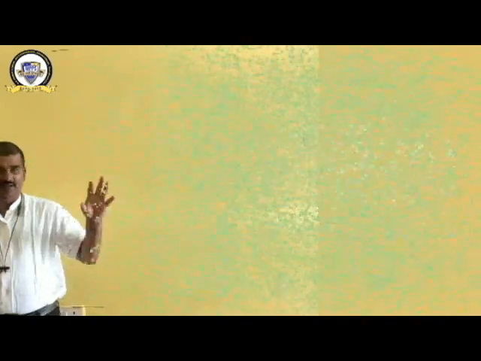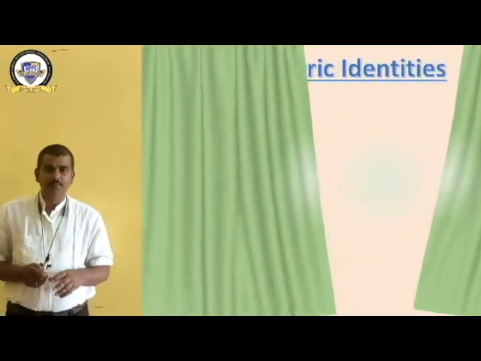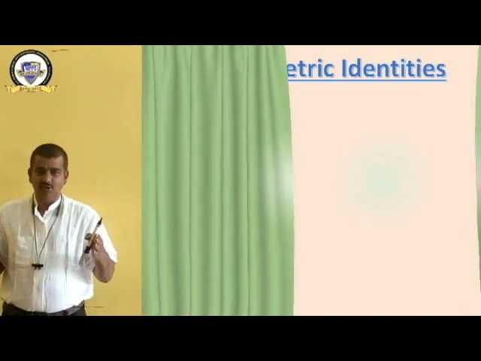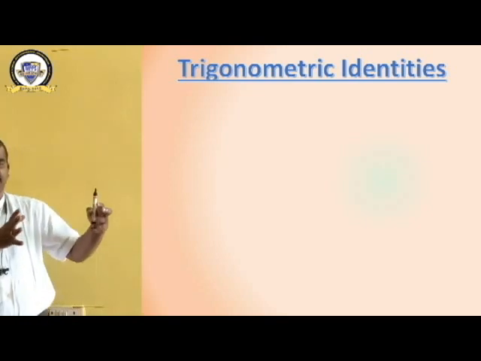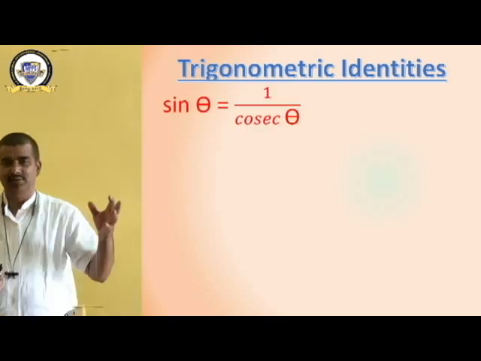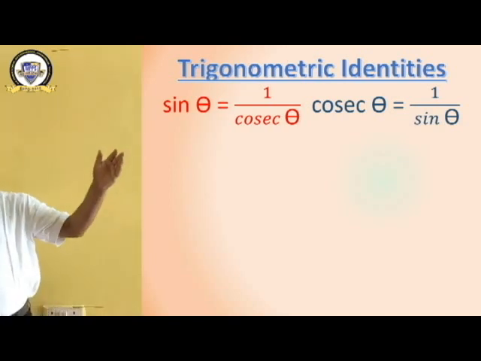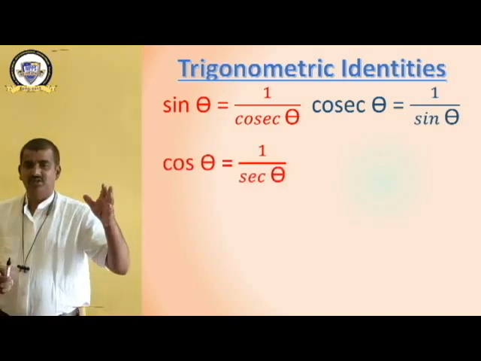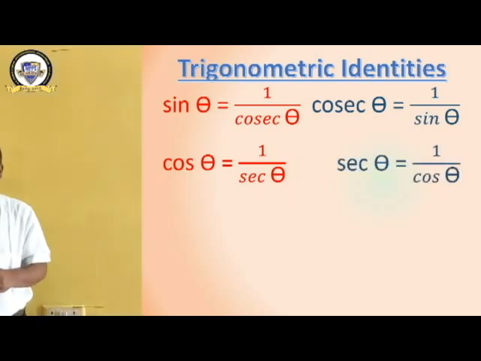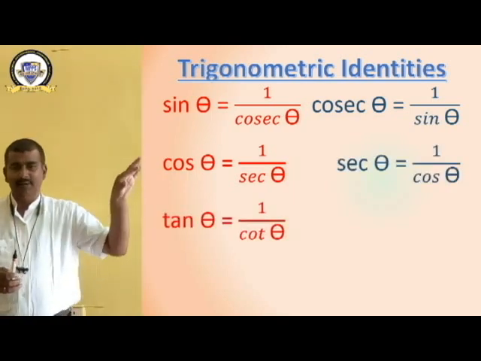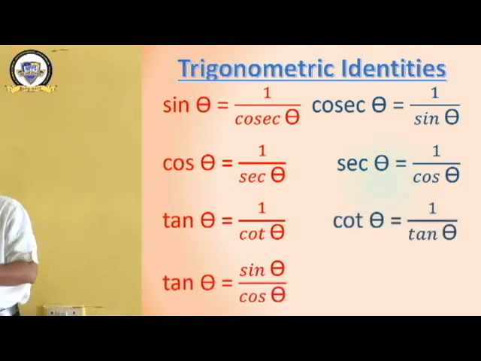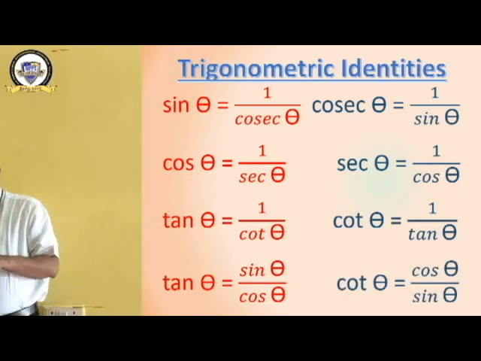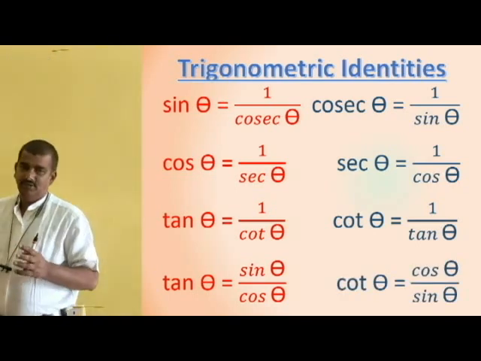Now again we studied trigonometrical identities, that is, equations related with these ratios. We studied a lot of equations. Sin theta is equal to 1 by cosec theta. Cos theta is equal to 1 by sec theta, and tan theta is equal to 1 by cot theta. Then again tan theta is equal to sin theta by cos theta. Like that, this chart which you are seeing here on the screen makes it very clear. Now we can remove that also.